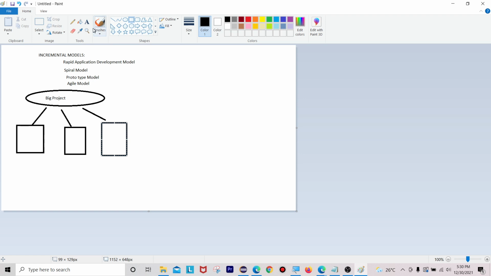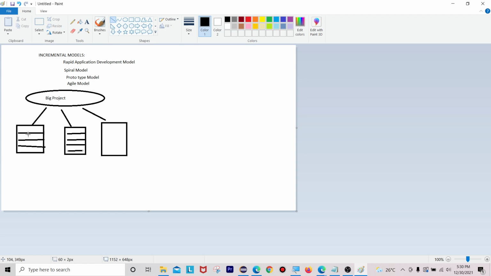Here I can write a line for module 1. Here also requirements, planning, designing, coding and testing. In the same way for the other modules: requirements, planning, design, coding and testing.